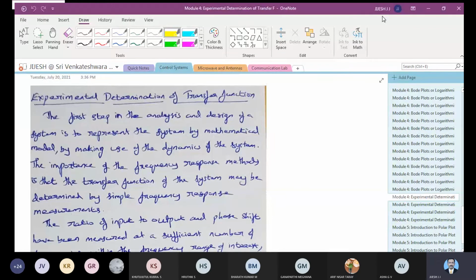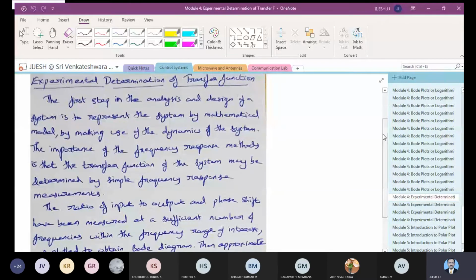A minor deviation might come because of the plot, the sharpness of the plot, what you are doing. So no need to worry about a minor deviation, like you may get 24, the answer may be 25. That is okay, because of that plot, the gain margin and phase margin may slightly change as per your plot. A huge deviation cannot be accepted, but a minor deviation of plus or minus 1 can be accepted.